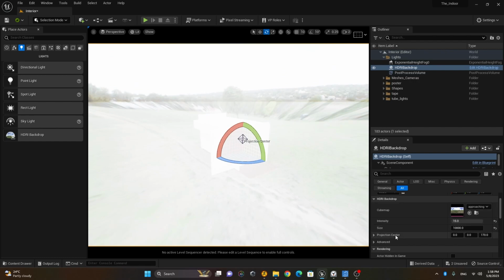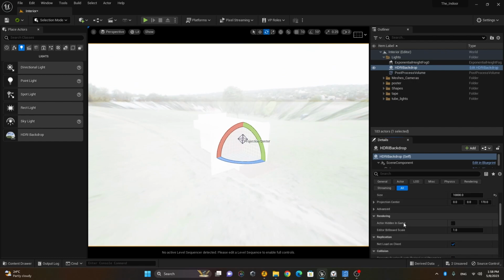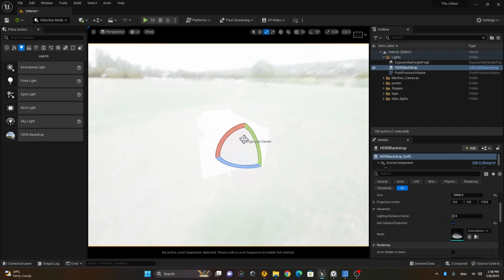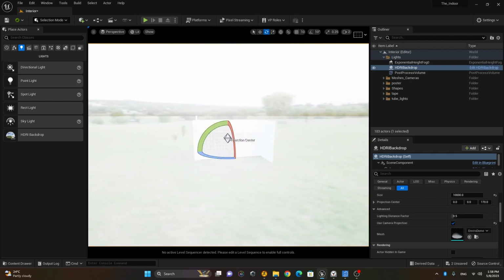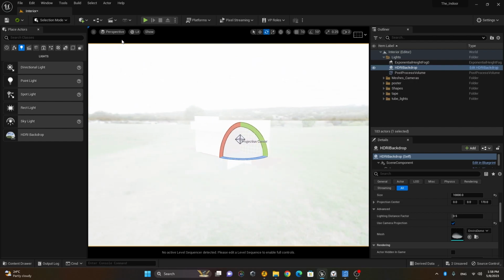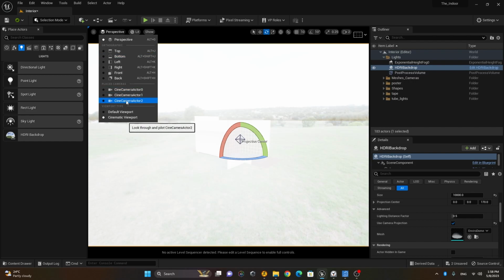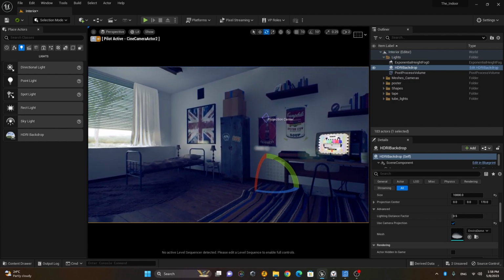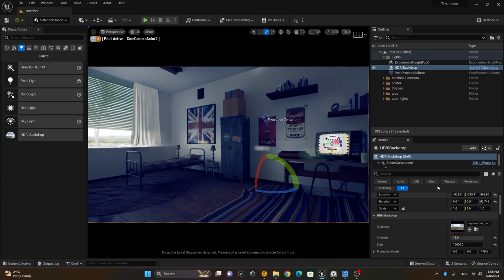So if I go to the advanced settings of the HDRI, and I click on use camera projection, it will turn the camera projection on, and I will not have those stretching anymore. So I will go back to my perspective, check the interior cameras here, okay, and simply I will just go